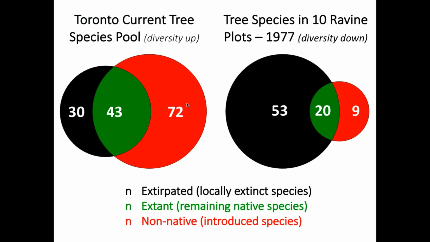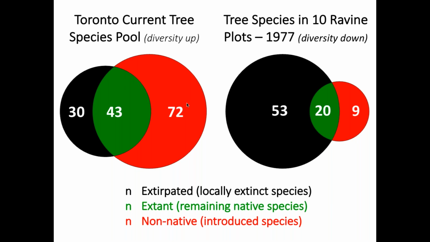So if you look on the left here, the circles, this is Eric's worldview. If any of you have heard him speaking about dark diversity, that's the black circles here. Dark diversity represents native species that used to be there, so they're extirpated, locally extinct, whereas the green are native species still there, and the red represent introduced species that aren't native. If you look at Toronto's current tree species pool, broadly, we had 73 native species of trees,